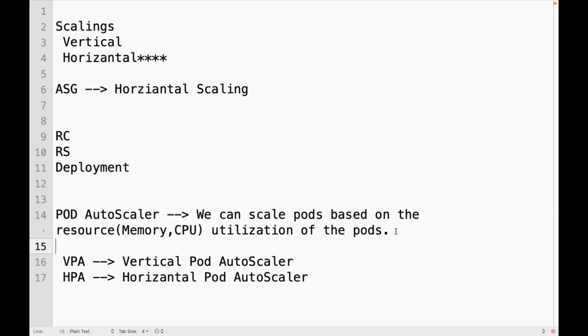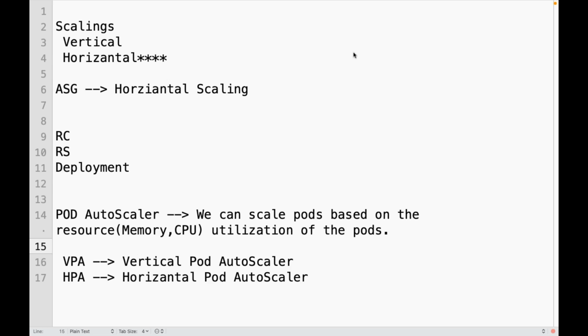If a lot of people started accessing your application, either memory utilization or CPU utilization will go high. Yes. If you don't take any action, then if your pod